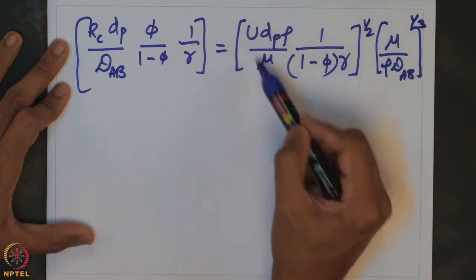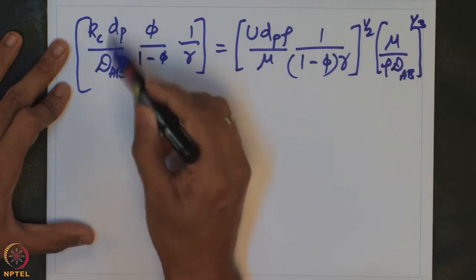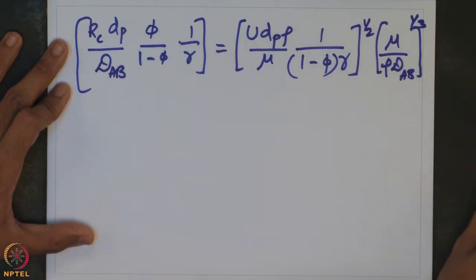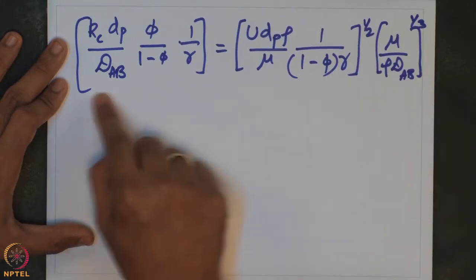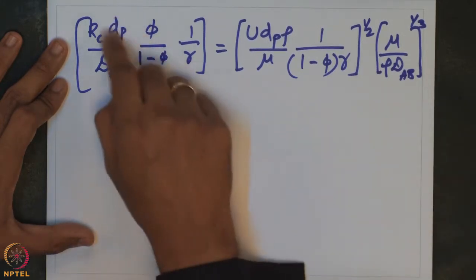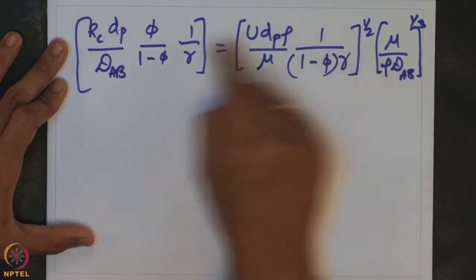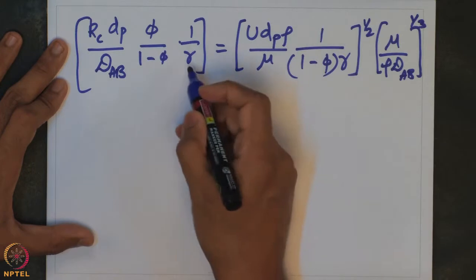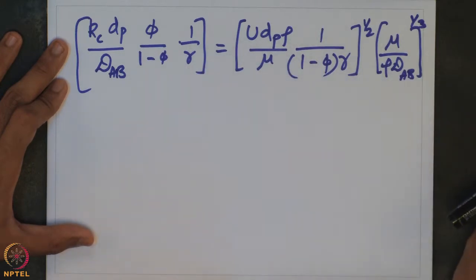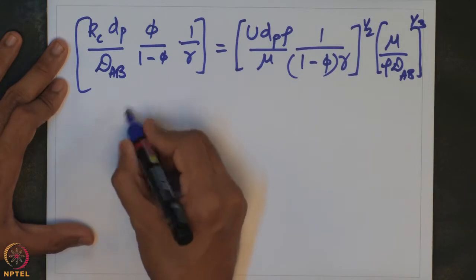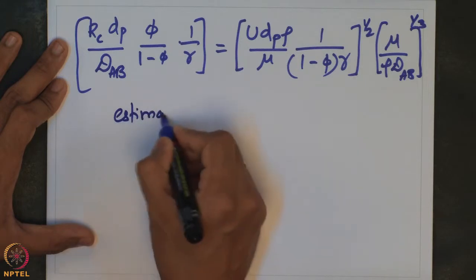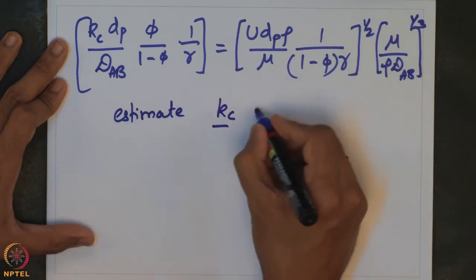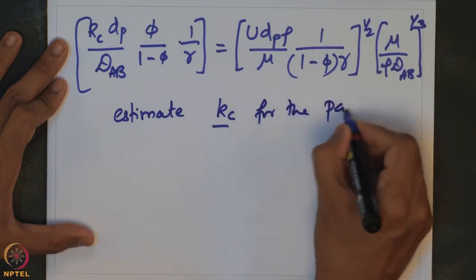So, now if we know the parameters as a function of the particle diameters, if we estimate the parameters taking the particle diameter as the representative diameter, then we should be able to express the correlation in terms of the particle diameter and taking into account the bed properties such as porosity and the shape factor, which takes into account different geometries. So, thus this correlation can be used to estimate the mass transport coefficient for the packed bed